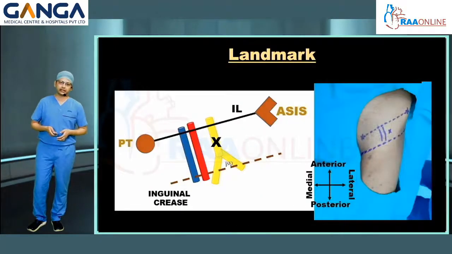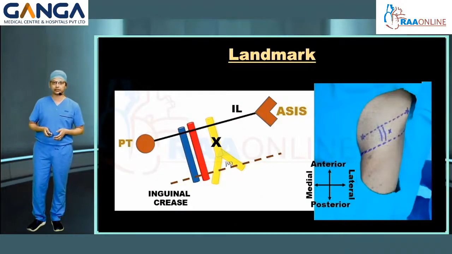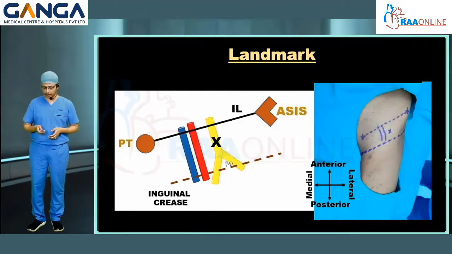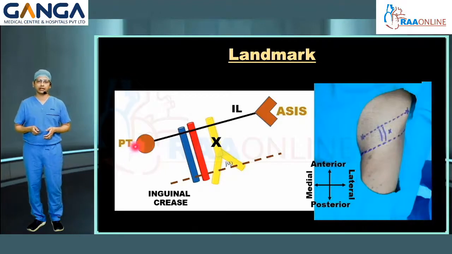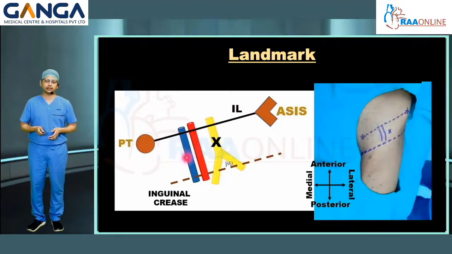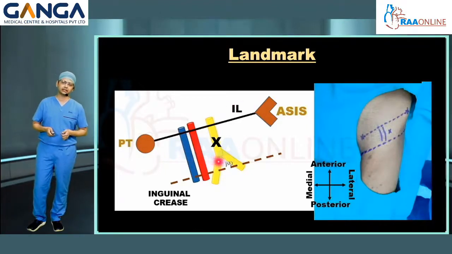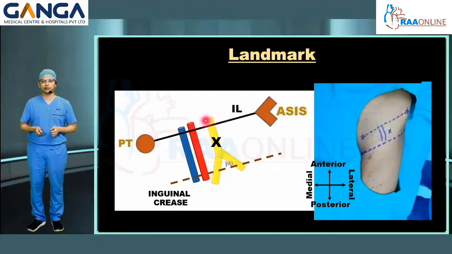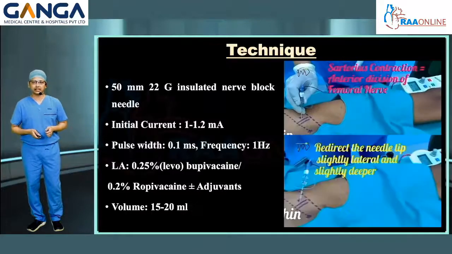In the PNS guided femoral nerve block technique, first identify the anterior superior iliac spine and the pubic tubercle, draw a line joining these two, and next palpate the lateral most border of the femoral artery. The point of needle entry will be 1 cm distal to the inguinal ligament and 1 to 1.5 cm lateral to the femoral artery. A nerve block needle is inserted